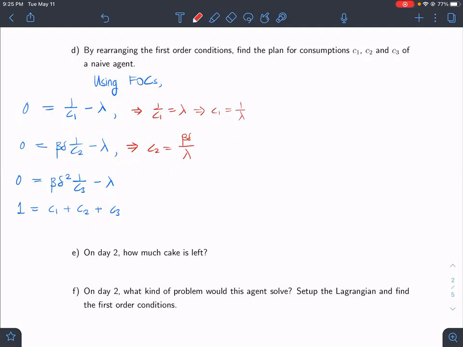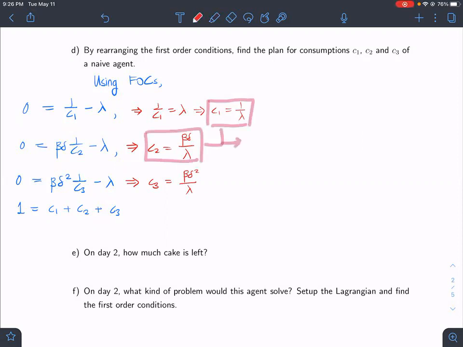Okay, so this step, I was multiplying both hand sides by C2 and then dividing by lambda again. And then for this one, C3 equals beta delta squared divided by lambda. Okay. And then we can see that if I combine this one and this one,